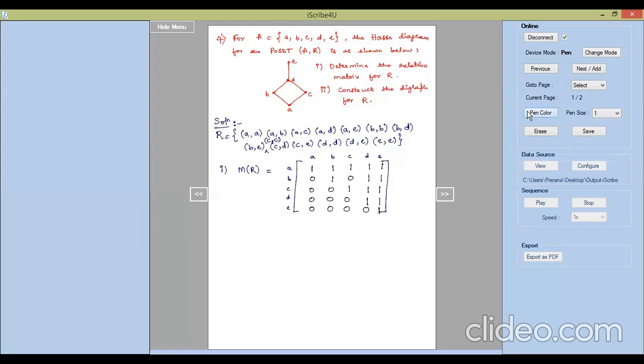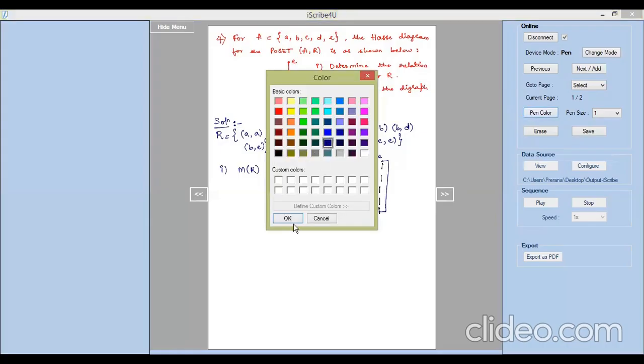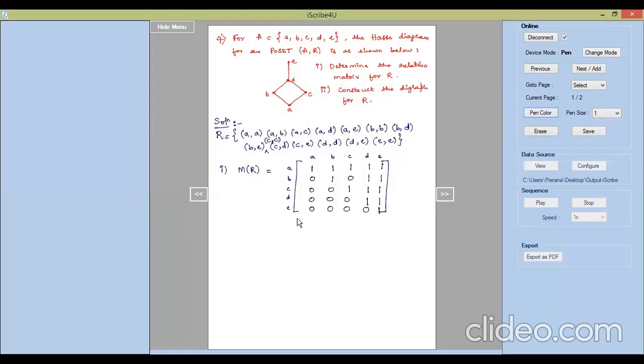So this is how we write the matrix relation from the Hasse diagram. Hope you remember this, we had discussed it in the last topic. The element which is related to the other element will be associated with 1. If there is no relation between those two, then it will be associated with 0. Correct? Then coming on to the digraph.